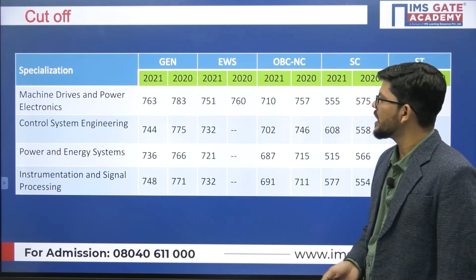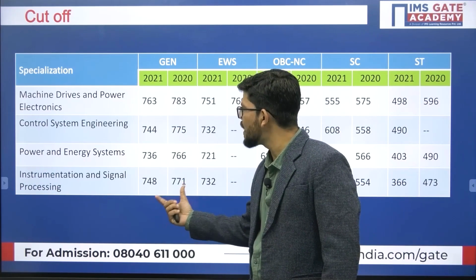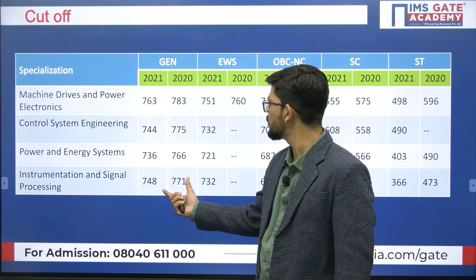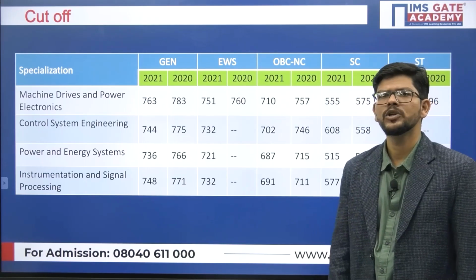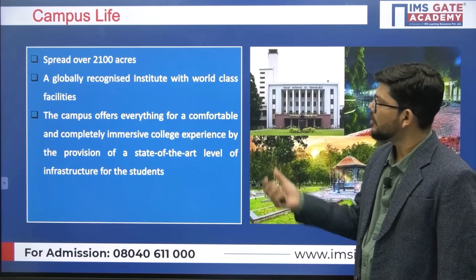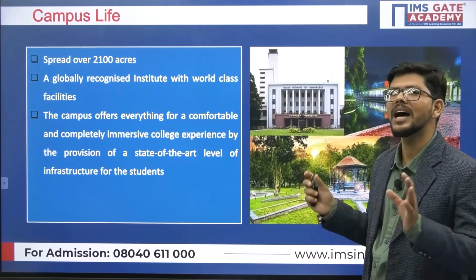Now talking about the cutoffs, you can clearly see that if your score is over 720 or 730, you have a great chance to get admitted here. Now talking about the campus life of IIT Kharagpur,